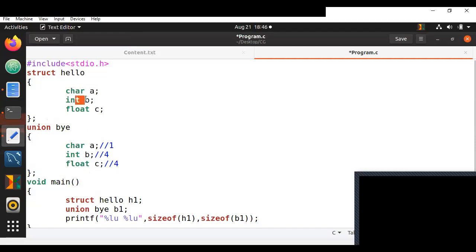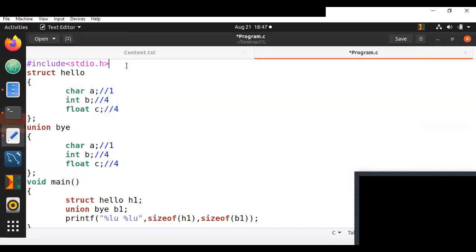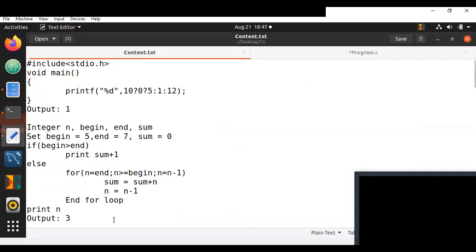Whereas if you talk about a structure, each one of them will take a different memory space. That is, here, it will take something like 1 byte, 4 byte, 4 byte separately. If it is taking 4, 4 and 1 byte separately, should it not be 9? Why is it 12? Shouldn't it be 9? My question to all of you. Yes, exactly. It's because character takes 4 bytes.